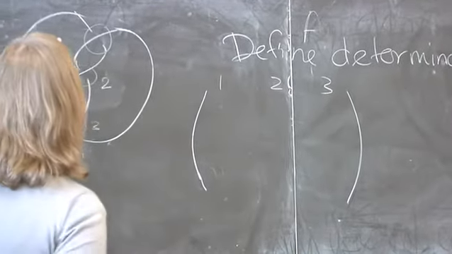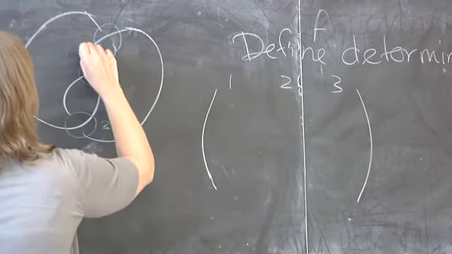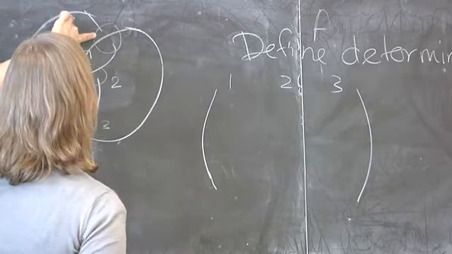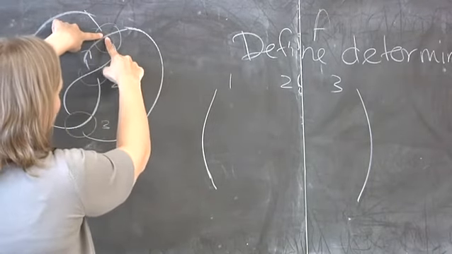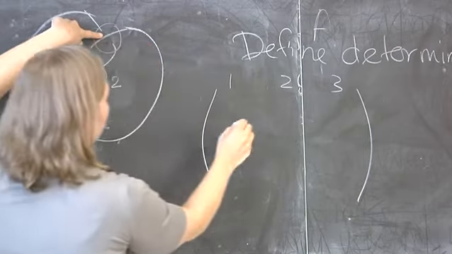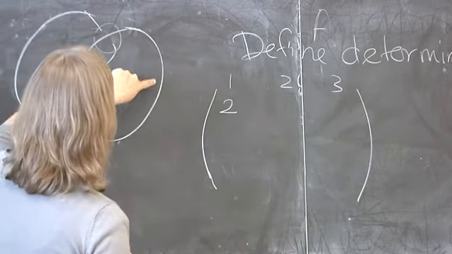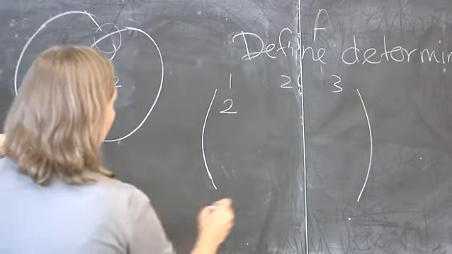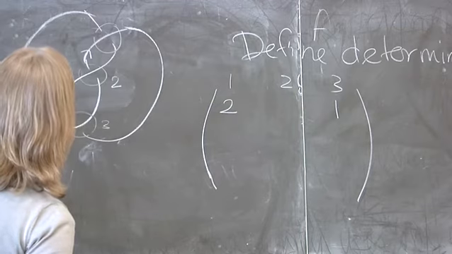So you follow the knot around, and you come to this crossing. And at this crossing, this strand is over. So at crossing 1, I put a 2. Then I keep following the knot. At crossing 3, I'm under, so I put a 1. And then at crossing 2,